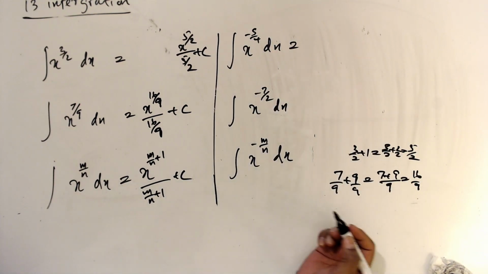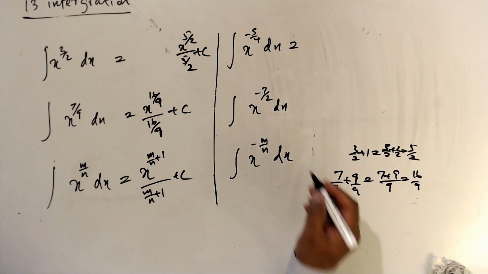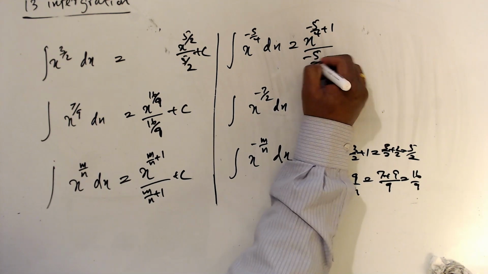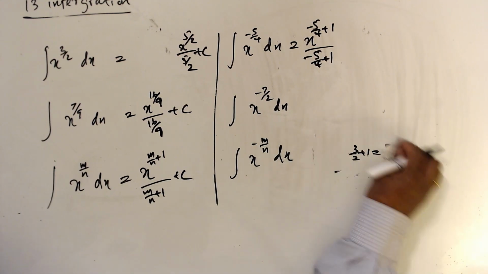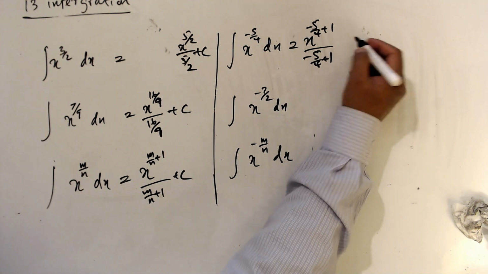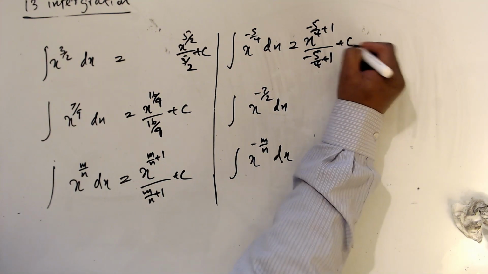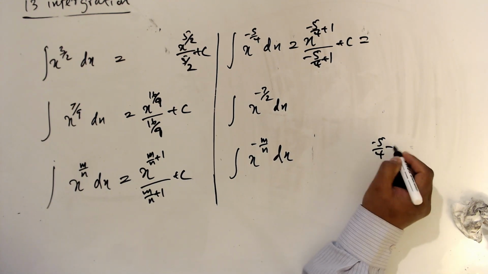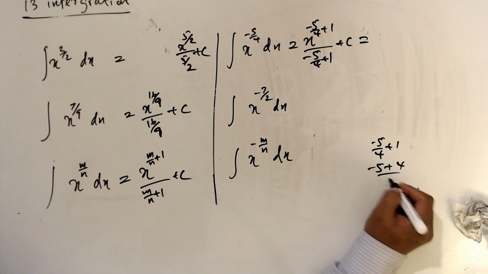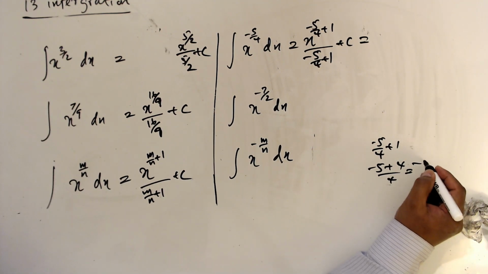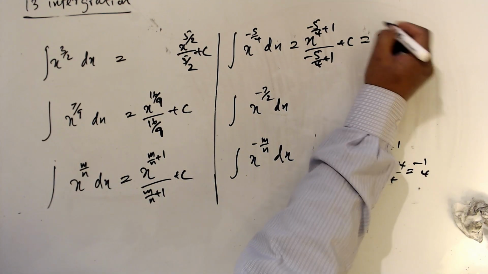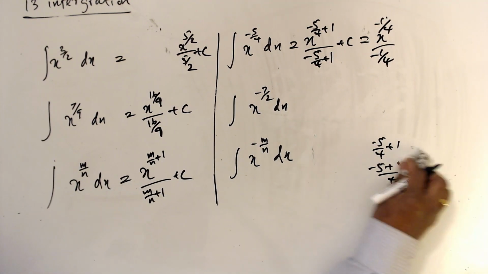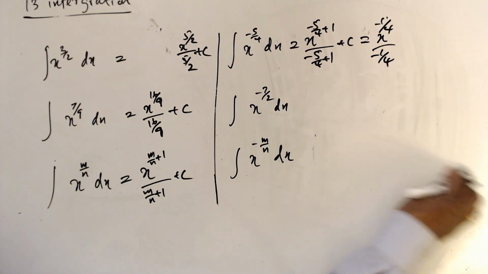When you add, minus 5 over 4, x^(-5/4), plus 1, divided by minus 5 over 4 plus 1, plus c. So what is minus 5 over 4 plus 1? Minus 5 plus 4 over 4, which is minus 1 over 4. So x^(-1/4) divided by minus 1 over 4. Just add. I'm not doing anything